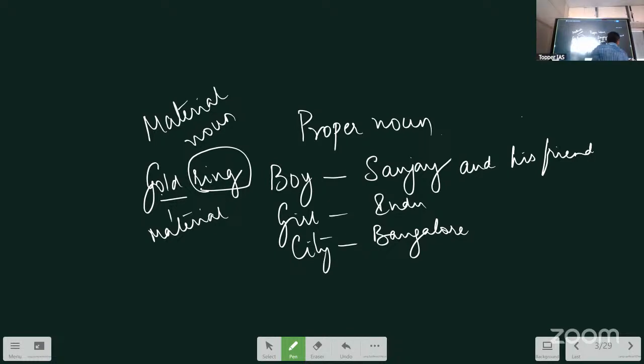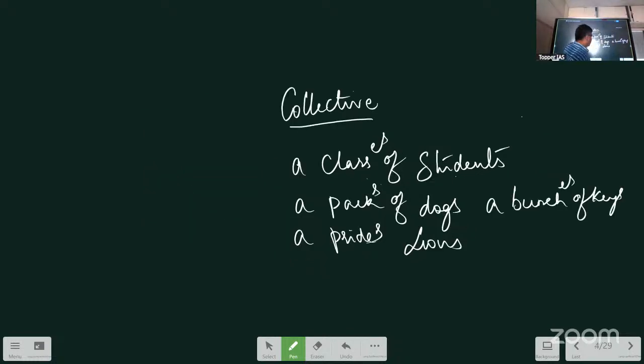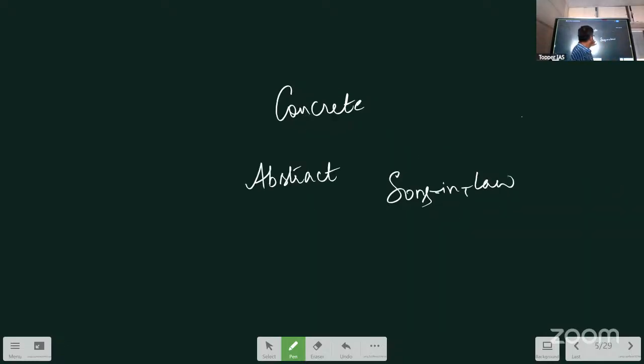Similarly, abstract noun. So collective noun you understood when I make a collection of similar common nouns. Then we understood about abstract. Now, for example, happiness is an abstract noun because I cannot touch or see it. I can only experience it. This also cannot be made plural. There is nothing called happinesses. So abstract noun cannot be made plural by applying the spelling rule.